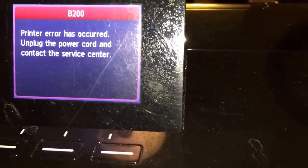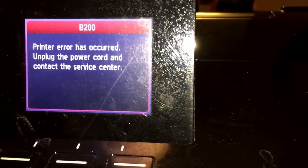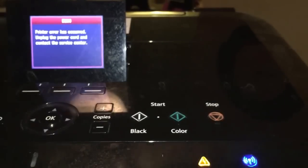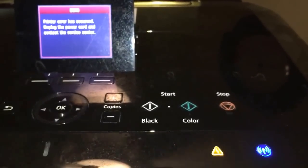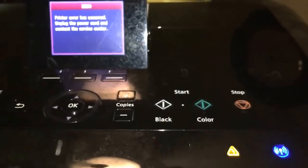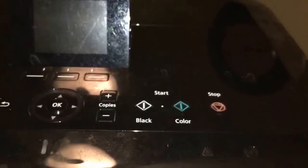Okay, so before we do that, we're going to try something that another YouTuber has recommended. So here we go. We are going to turn off the printer, unplug it, and then we're going to move the printer head towards the middle. So the printer is off. Now I'm going to unplug it,